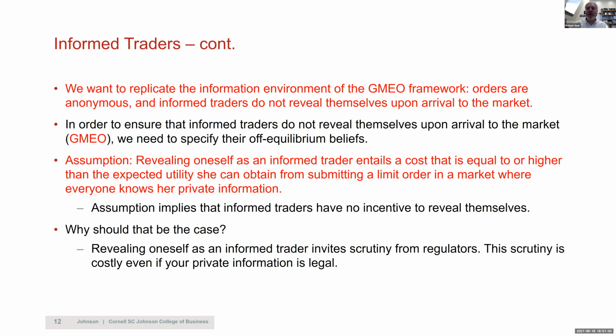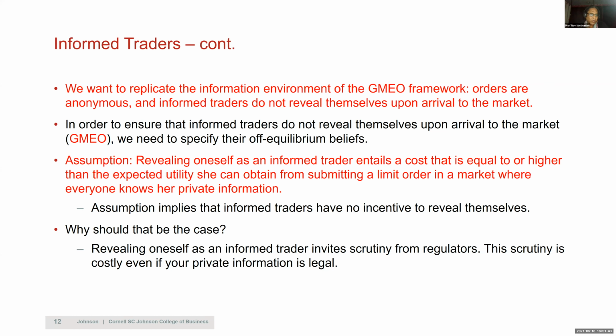And you ask, what is it that will cause everybody to find out that you are informed? And the answer is, if they submit a limit order at a price that an uninformed trader would never choose, remember, there's a non-trivial choice of price for a limit order, then immediately everyone will see, oh, you're an informed trader, and beliefs will adjust. That's exactly how FINRA actually works. So the price point entered in the limit order reveals whether this guy is an informed trader or not. And they will not do that, right? They will choose in equilibrium to mimic the uninformed.